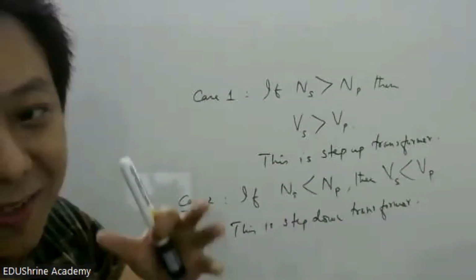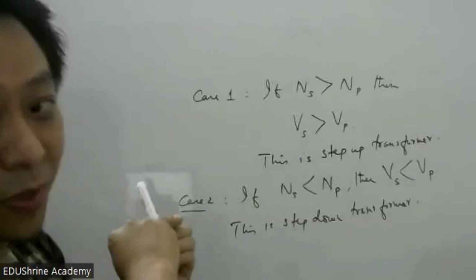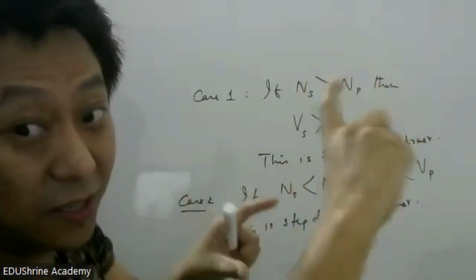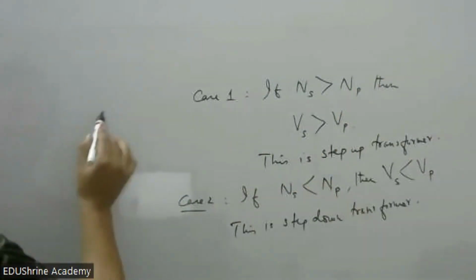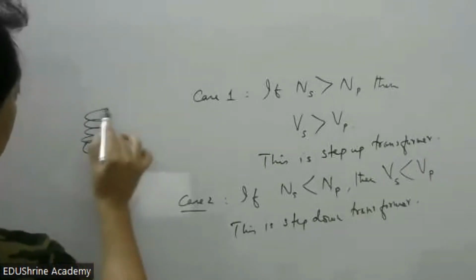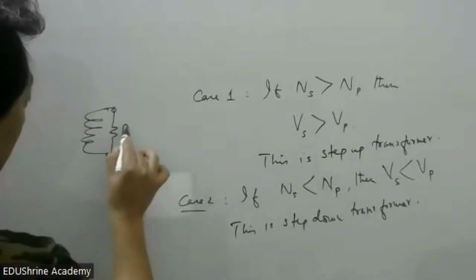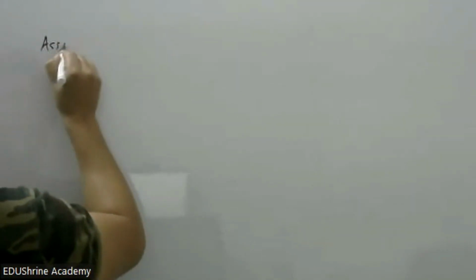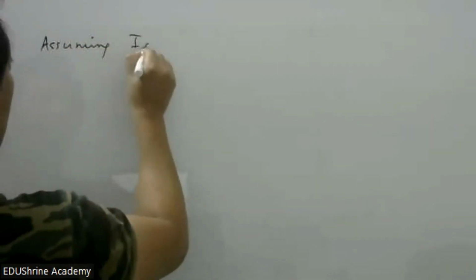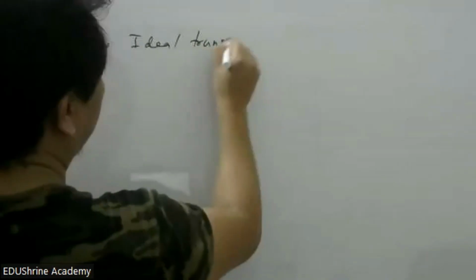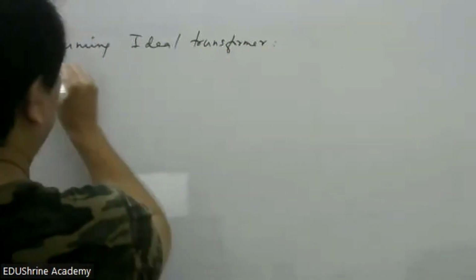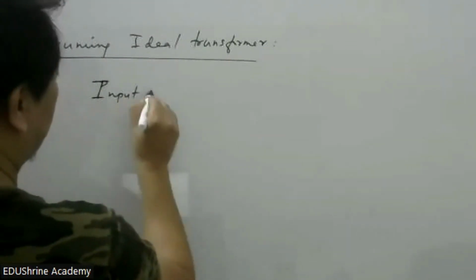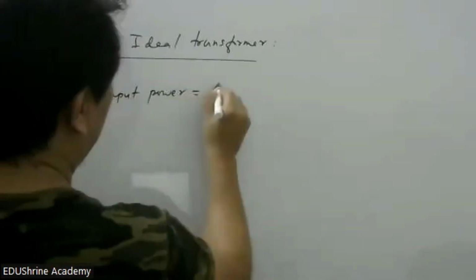Okay. So now we will relate the current in the primary with the current in the secondary. But for that, you have to put a load. Load matlab some resistance in the secondary coil. You remember, right? The secondary coil was open, no? So here you connect some load, RL. So there will be current in this secondary coil also. Assuming an ideal transformer, the input power equals output power,